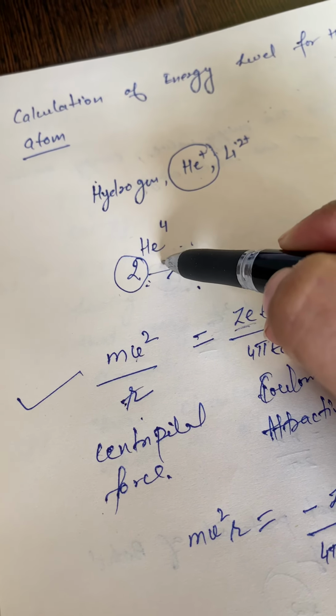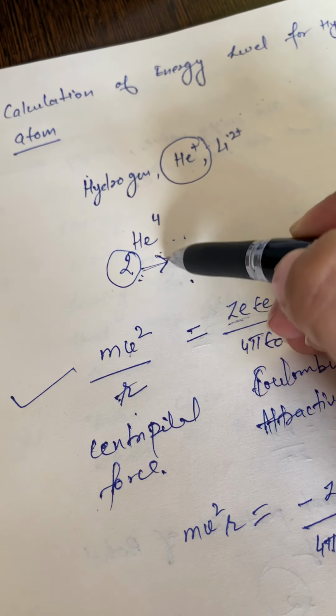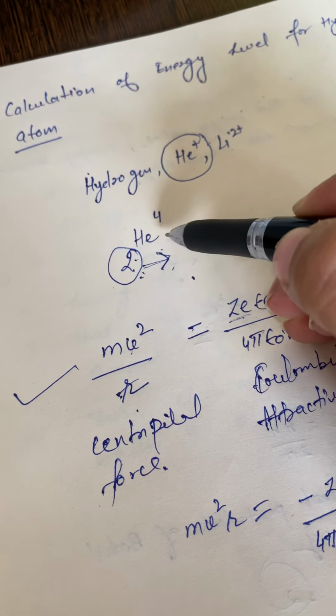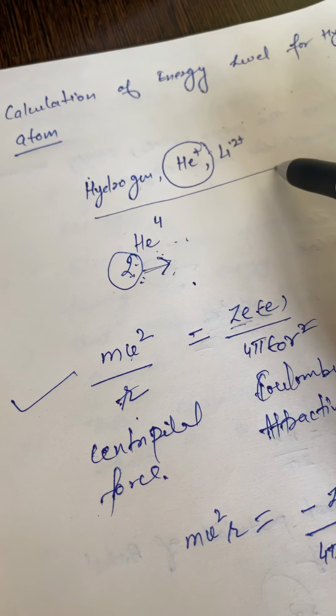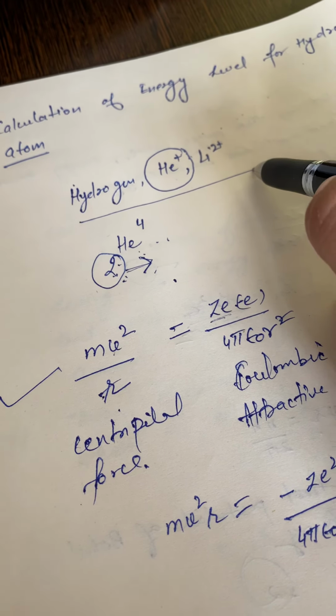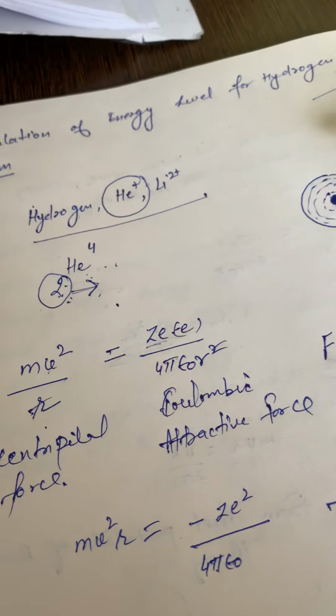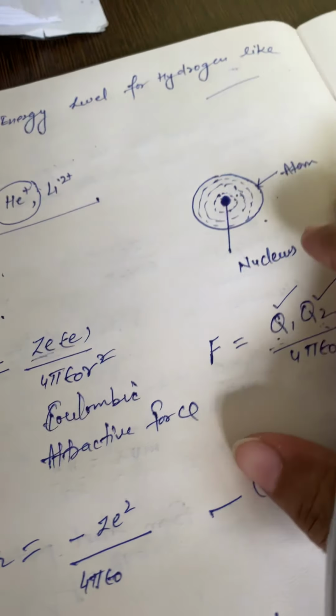If this helium atom is singly ionized, it will give out one electron out of two, and it will be left with one electron. This type of atom is called a single electron system. Now for the calculation of energy level, we will first be clear about